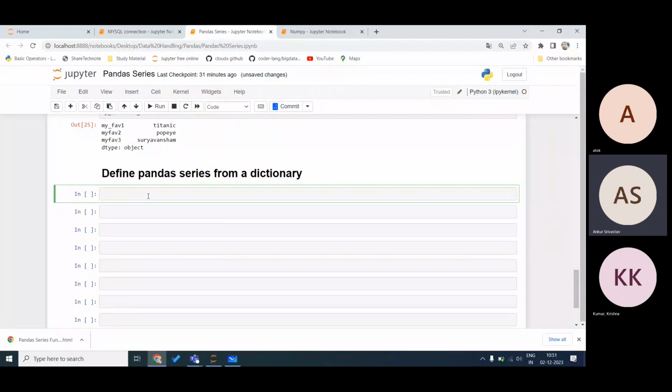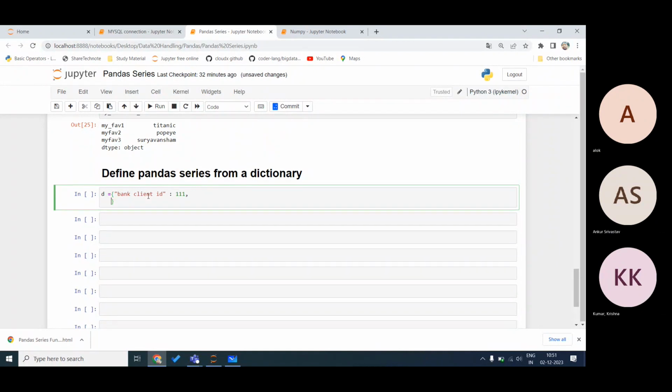So this is very simple. Suppose that I have a dictionary D and it has a bank client ID, and that is 111. Again, bank client name, suppose Krish.